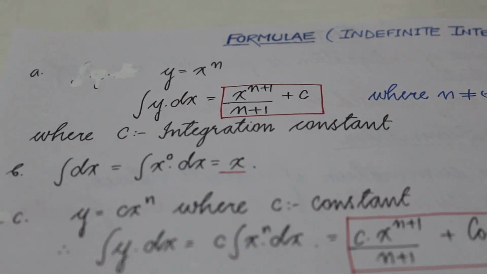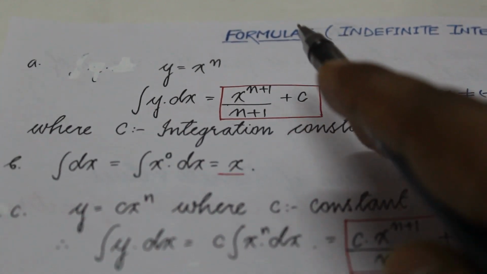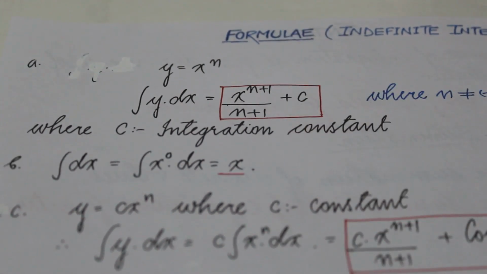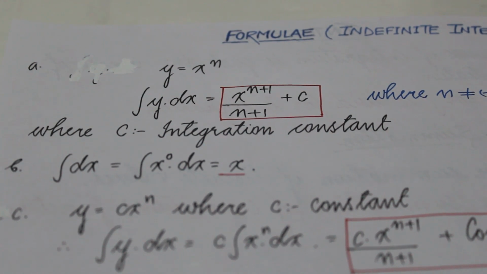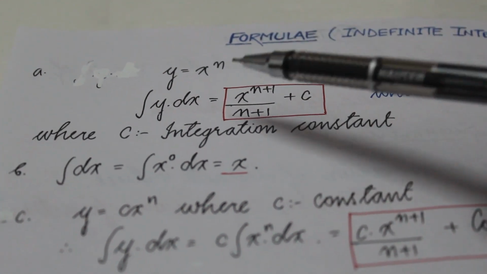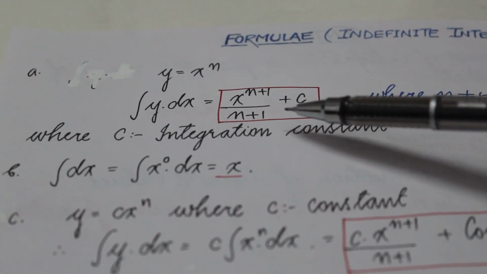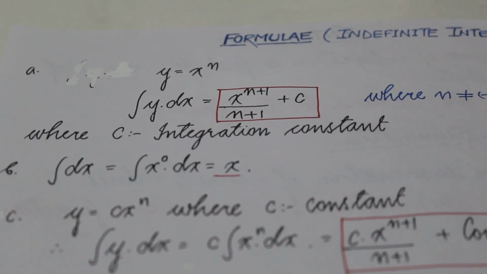See, if it is an indefinite integral, we are going to get a value in the form of some variable. If we simplify this, we are going to get an answer in the form of variables, so we are not going to get the exact area. It means some kind of constant value must be added to the variable, and we don't know that constant value, so we have used this integration constant. If it was a definite integral, this integration constant would not have been there. What a definite integral is, we will study after this.